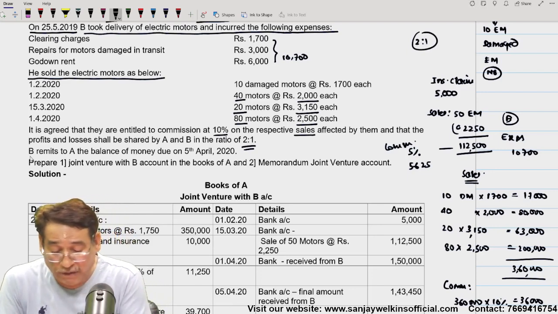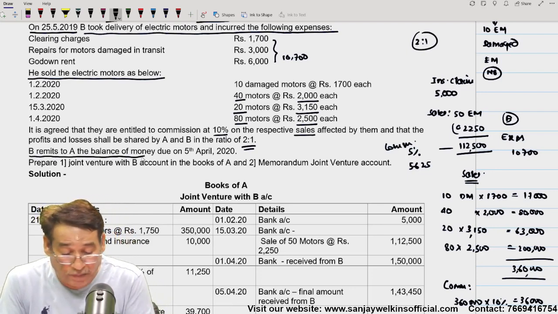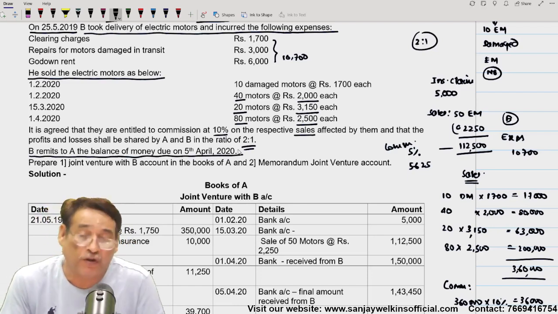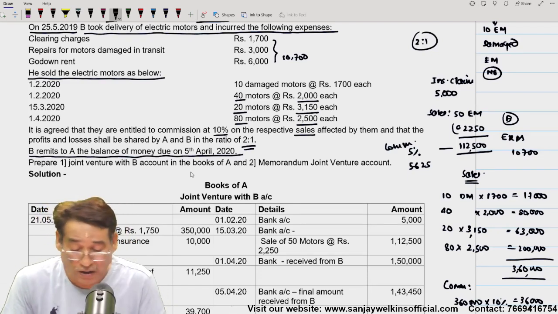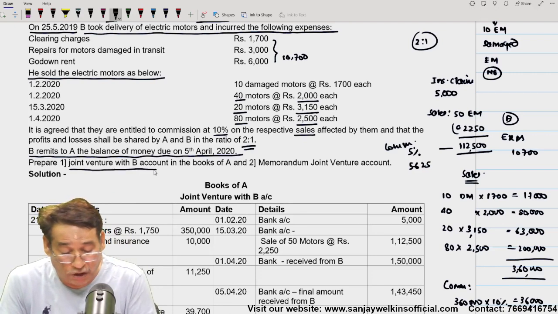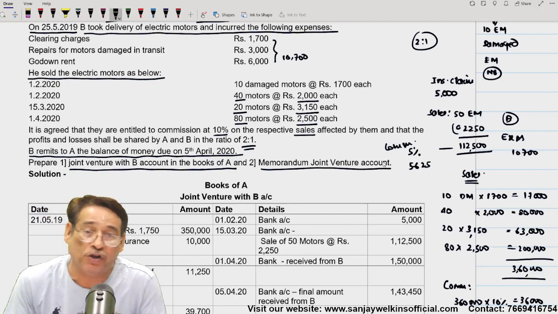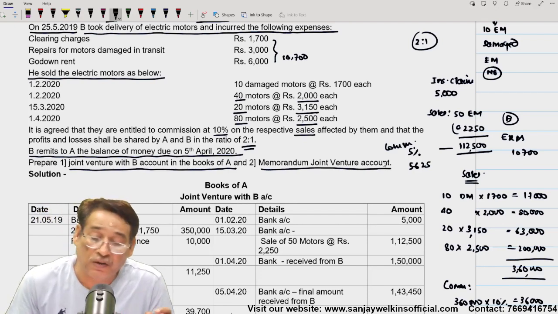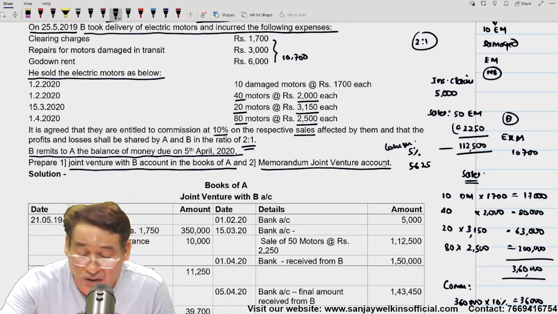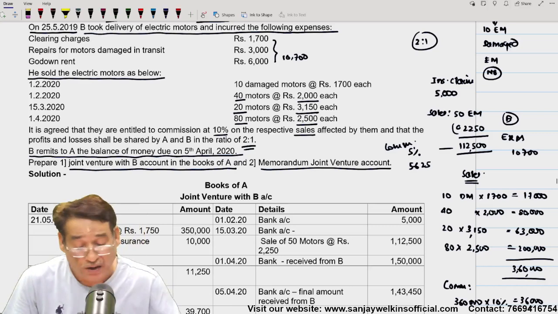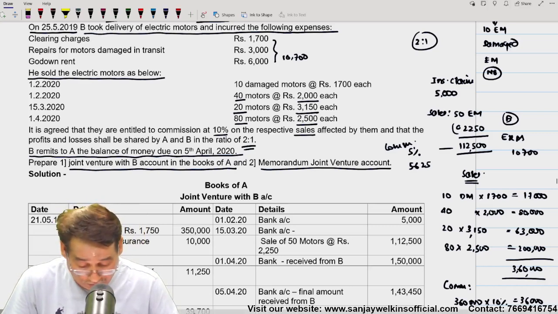And now it is given that B remits to A the balance of money due on 5th of April 2020. And we are asked to prepare joint venture with B account in A's books and memorandum joint venture account. So this question we have to solve now. In order to solve it,